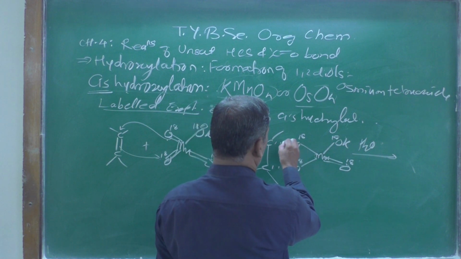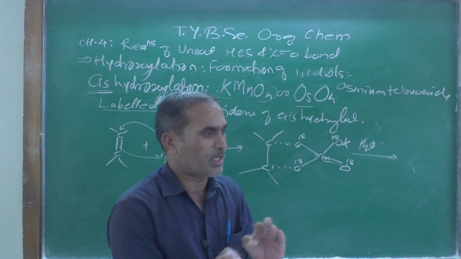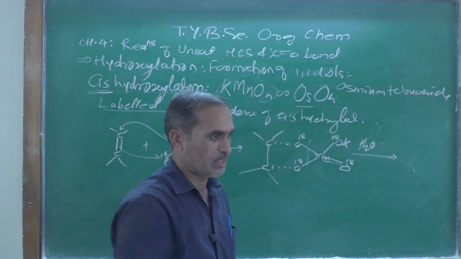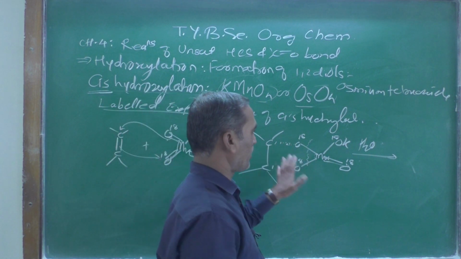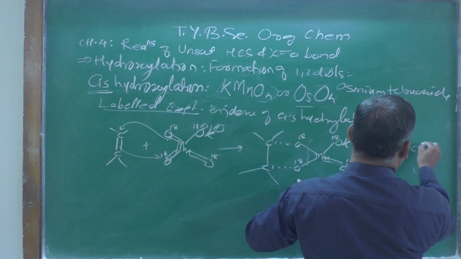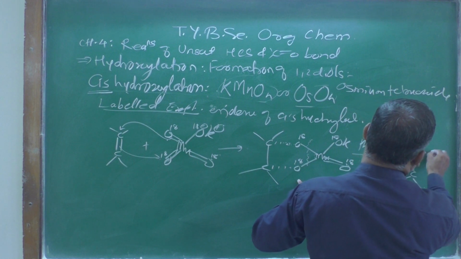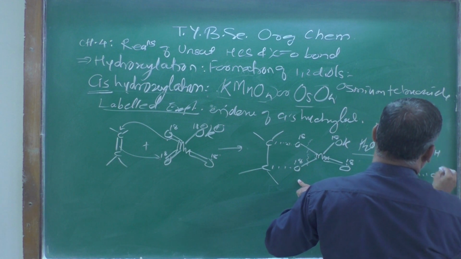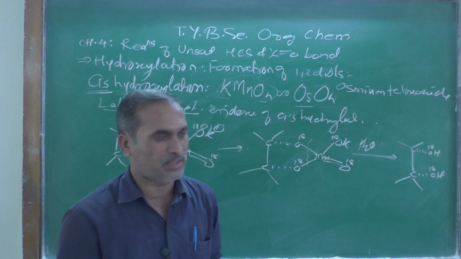What is going to happen? This bond is a very labile bond, it gets cleaved very easily from here. This zigzag line clearly indicates that these bonds are breaking, and we are going to get over here this type of product, here dash OH, dash OH. And if you analyze the product, what do you observe in the product?